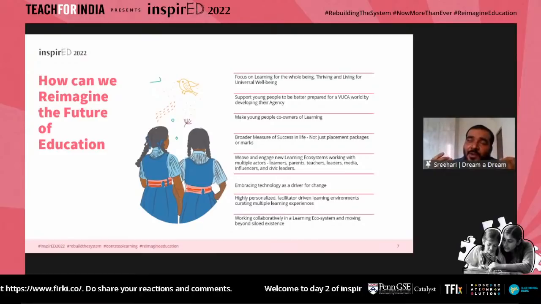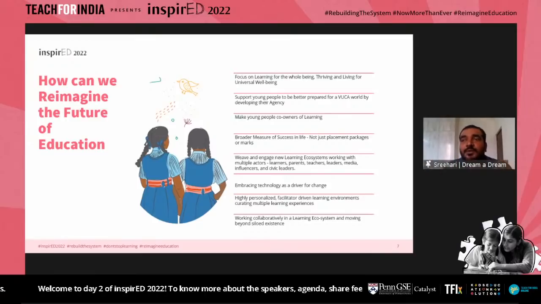We also have to look at multi-layered, multiple stakeholder involvement when designing an ecosystem which enables children to thrive. It includes parents, teachers, ecosystem players, and also non-governmental organizations, civil society, and leaders in the field of education, coming together, collaborating to understand and redefine